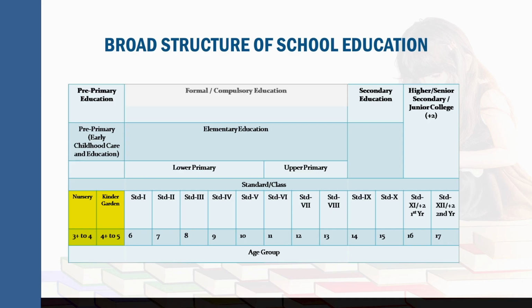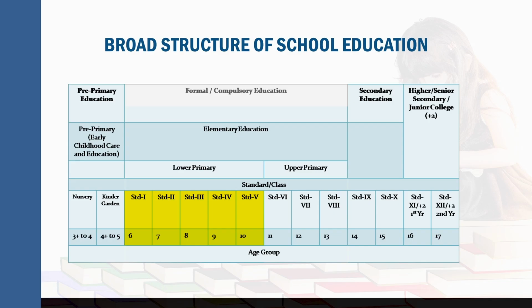They will get certain basic knowledge and basic understanding by involving themselves in different activities through joyful learning. They will try to understand the society and their environment, play with their friends, and do many group activities with them, and in this way they will fit themselves for the formal system of education, for compulsory education. That's why these 2 years of education are called the first stage of education.